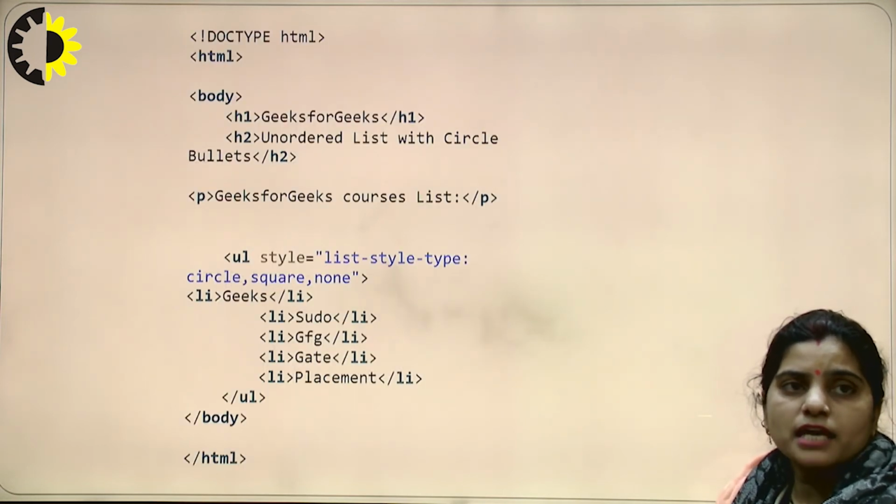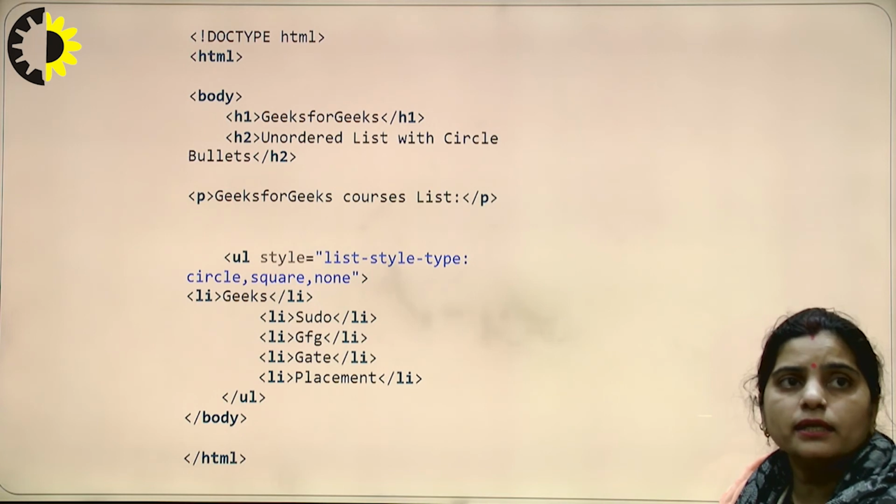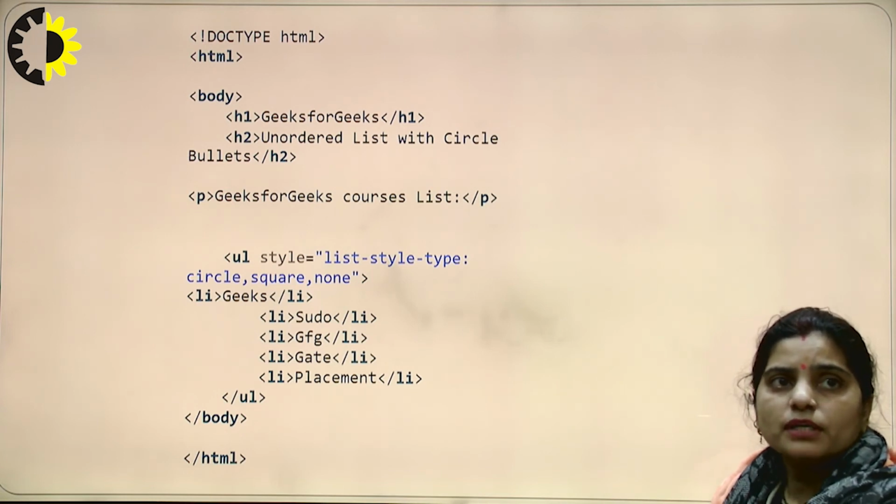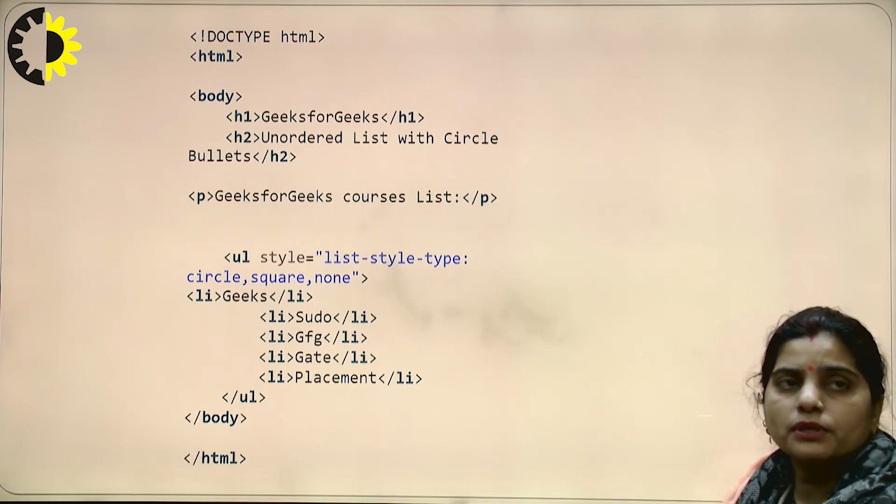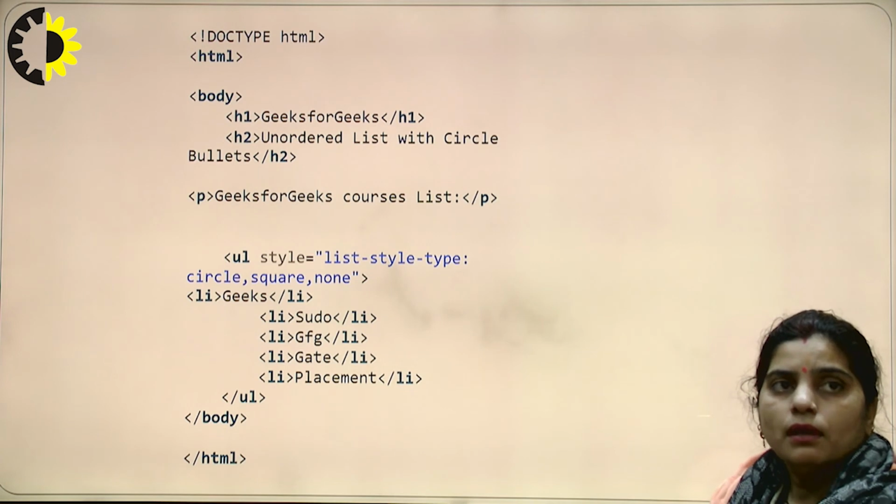Basically, unordered lists have various types of markers. Here in this example, the first one is DOCTYPE. First of all, we are going to declare that this is an HTML document, and after that we open the HTML tag,